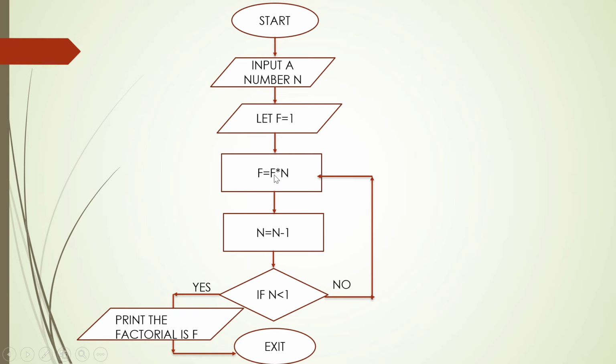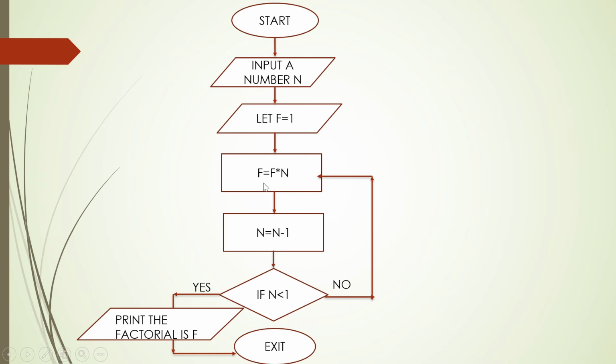अब f के अंदर हम क्या करेंगे, 1 into हम 5 कर देंगे, क्योंकि n के पास जो वैल्यू था वो है 5। अब n का जो पहले का वैल्यू था वो था 5, बट इस बार n को हम चेंज करके 5 minus 1 कर दे रहे हैं, वो हो रहा है 4। ठीक है, तो ये चेक करेगा क्या 4 1 से लेस है, नहीं होगा, तो हम नो पे जाएंगे और फिर से हम ऊपर चले जाएंगे।